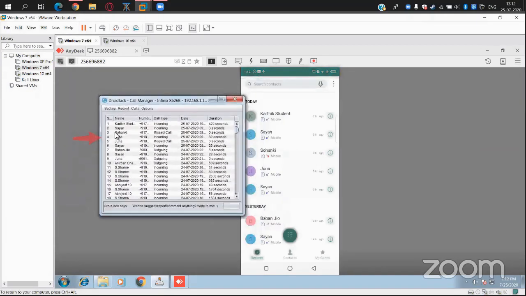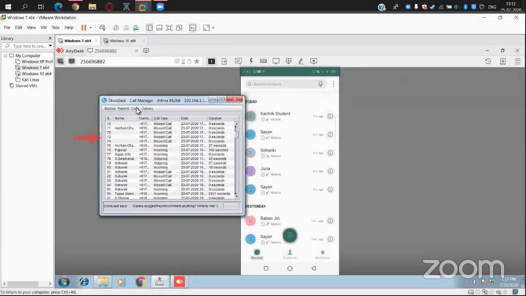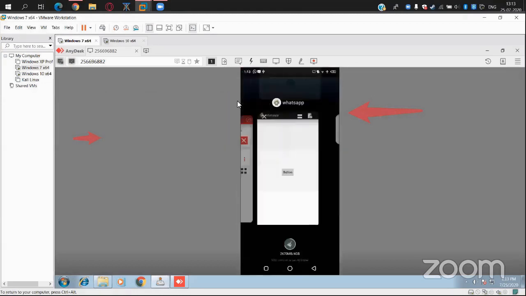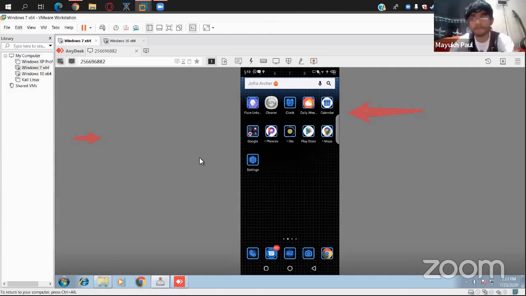As you can see, the call log matches accurately. The top 18 are displayed. I will get all the call logs, and not only that, if I want, I can make a call from that phone. I can record the calls, start a live recording, and back up the call logs so that I can use them later. Just use the front camera to snap your face. Sure. What more can we do?